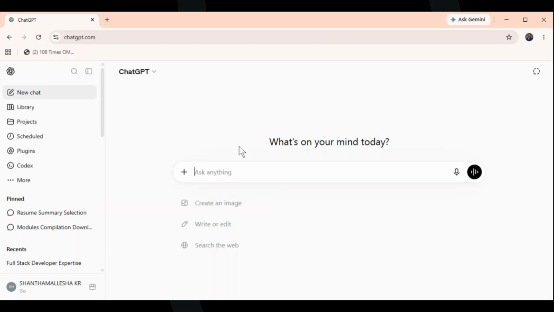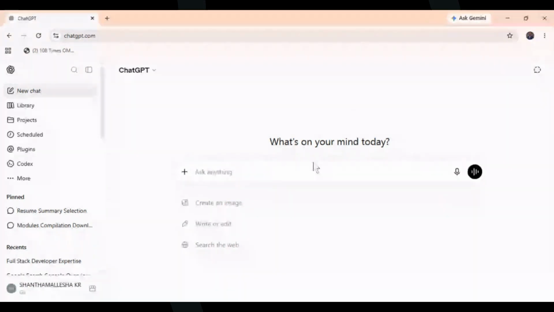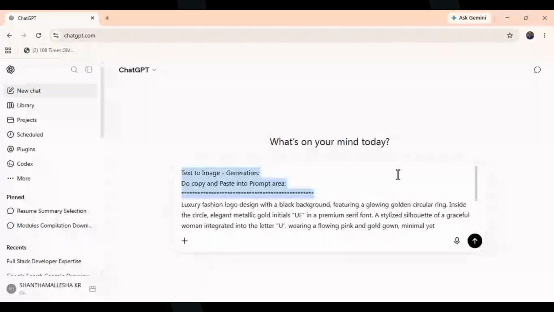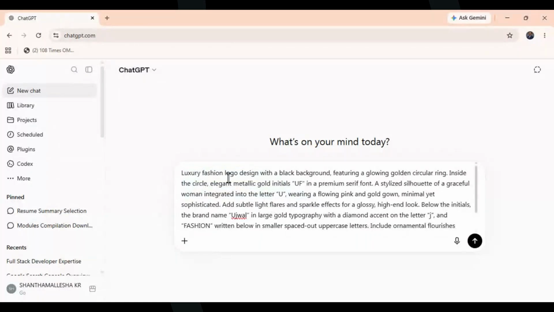Open your WhatsApp and make sure you are getting the same prompt. I'm typing this. You delete the first two, three lines. Then I've described